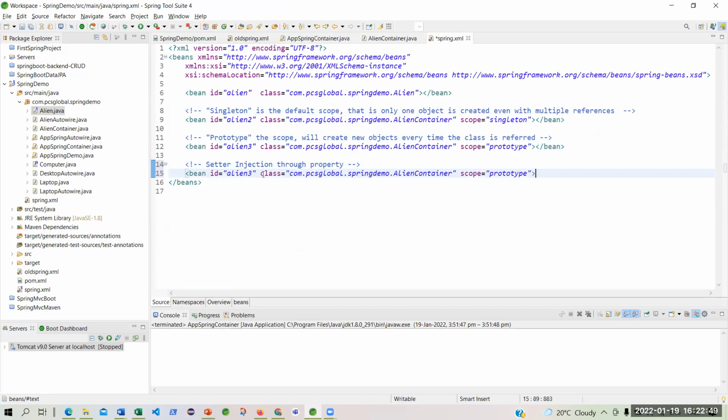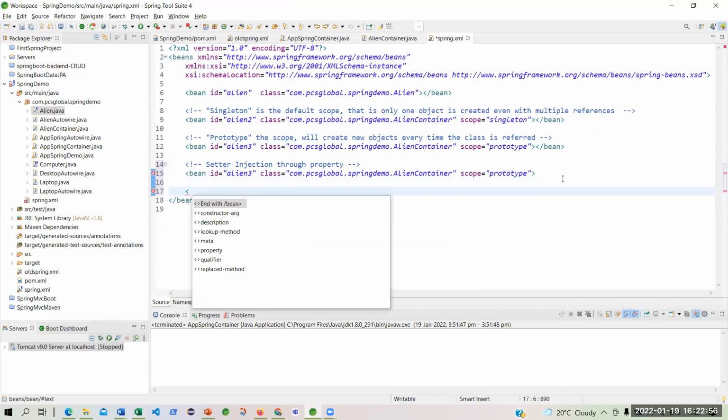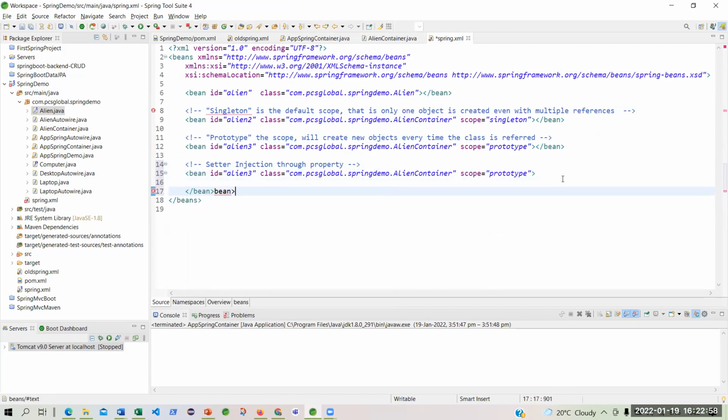First of all, I have to define that bean. Why is it complaining? Because if I have started the bean, I have to end the bean. Now, I do not need to mention any scope. So what is the scope by default? Singleton. Very good. That means I can have multiple references. I am not going to use this, it has to be unique. I am going to use an ID.